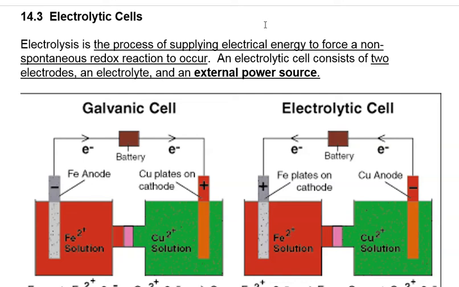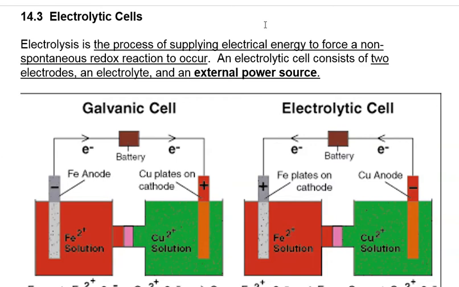Today's lesson is looking at electrolytic cells. Up till now we have been talking about cells and we've commented on whether or not things would be spontaneous. Today we get into those ones that are not spontaneous. So electrolytic cells are ones where they require an external power source in order to go, because they're not